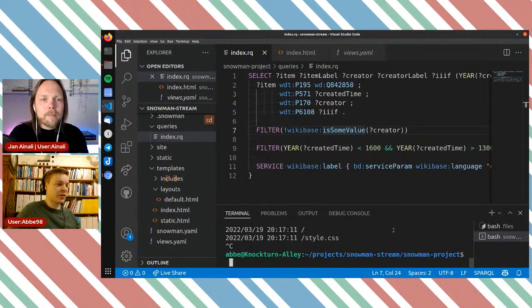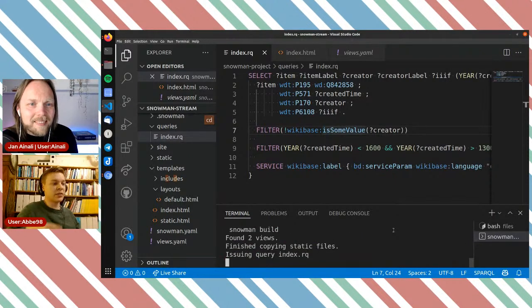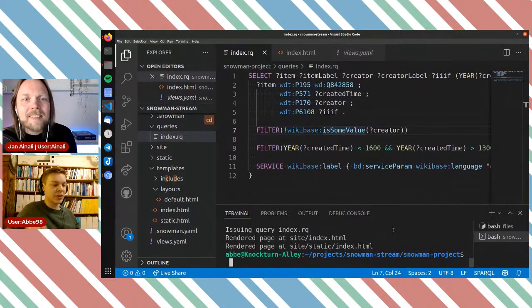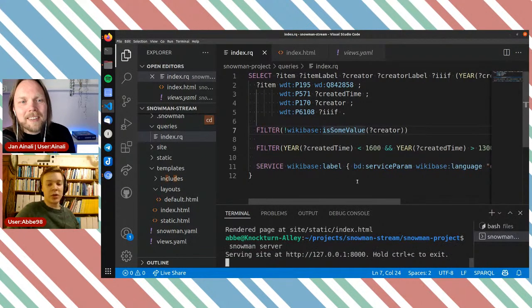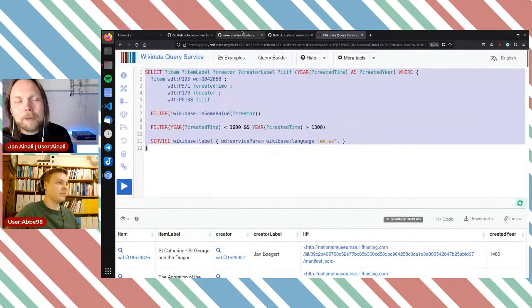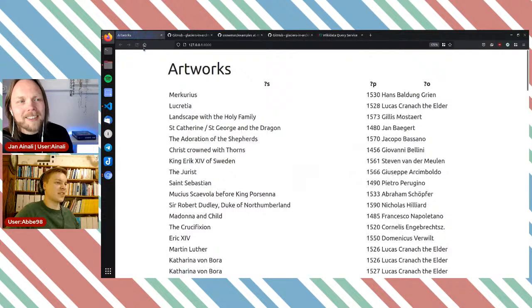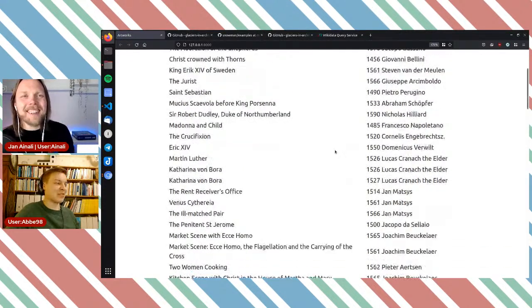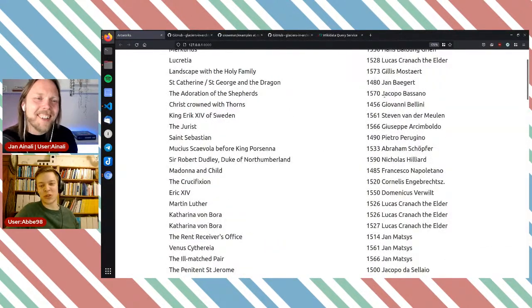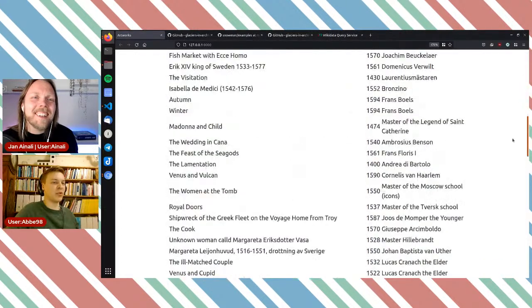And if I rerun this, now you might notice that it will be stuck on issuing the query for another second, because now it noticed that the query changed, so I need to run it. It was so quick you couldn't see it with your eyes. Yeah, it still was quick. I imagine because we used to run it in the query service, it will probably be cached. Here we got a little bit more.